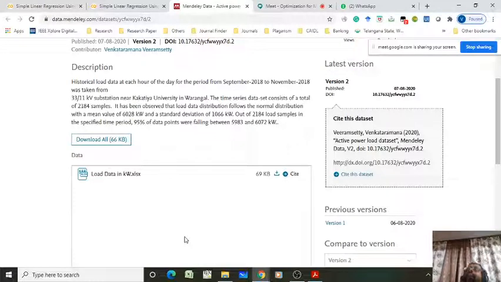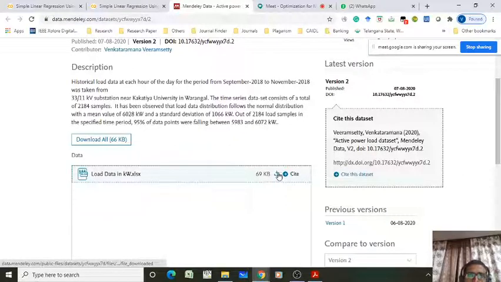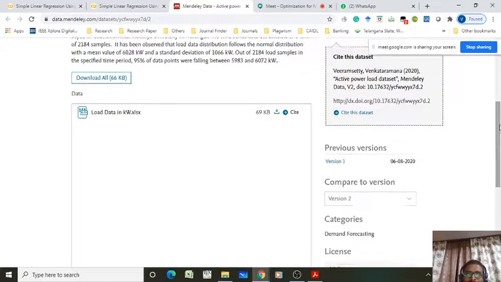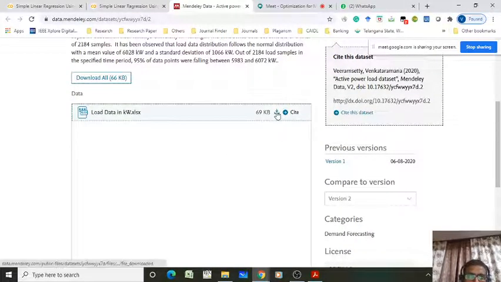Madam? In the same way, is it only to publish, or can we take the data set from there also? We can take from there. Now I am downloading the data from Mendeley. That's what I'm saying. Instead of going and asking for real-time data, we can take it right away from Mendeley itself. Yes, madam. So you can see an option here.